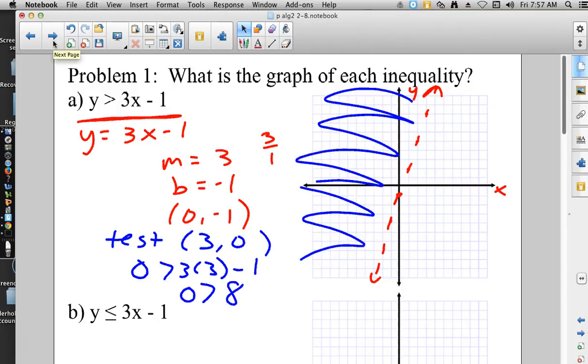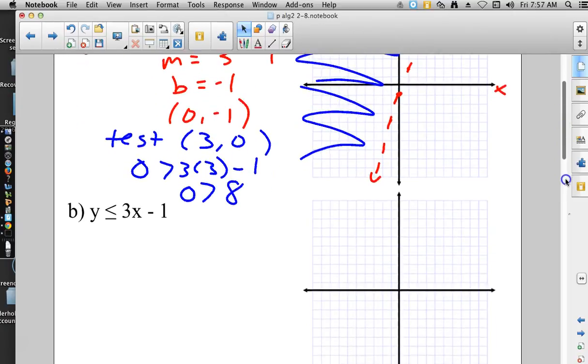So we test a point. We see, wait a minute, doesn't work. You have to shade on the other side. Just be really careful with that 1 point. Like I said, if it's a test, I'm really conservative, and I'm going to check it in 2 different spots. Down here,